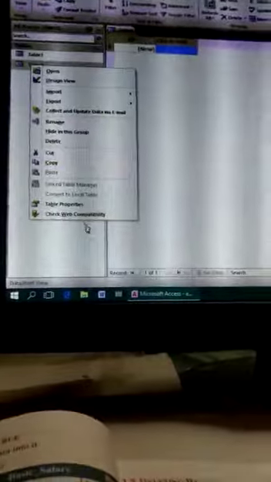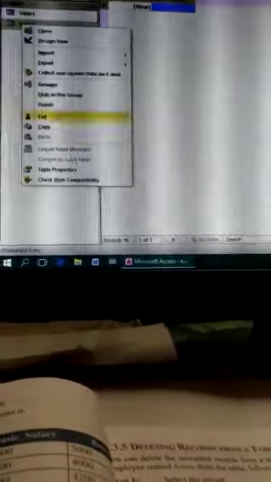Look at that. Table 1 is there by default, I told you. If you want Table 2, just right click on Table 2, then click on open. Some lists are there that all of you are able to see. I will teach you the use of the lists in the next video. Okay, so now I will open the datasheet view. Just right click on the table, click on open.